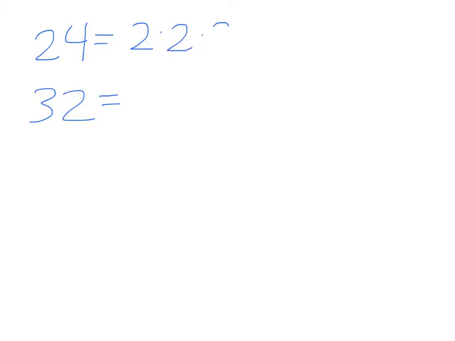Let's look at another one of these. What if I used 24 and, I don't know, 32, just for the fun of it? If I was to prime factor 24, you would find out that that's 2 times 2 times 2 times 3. Again, leaving the extra space there. When I do 32,